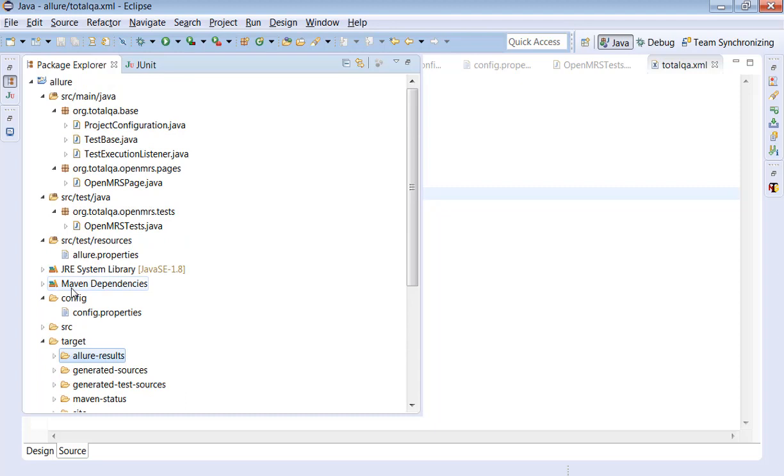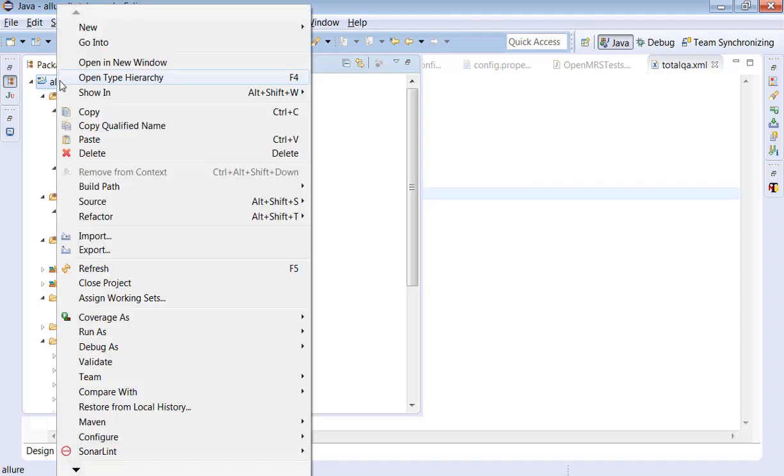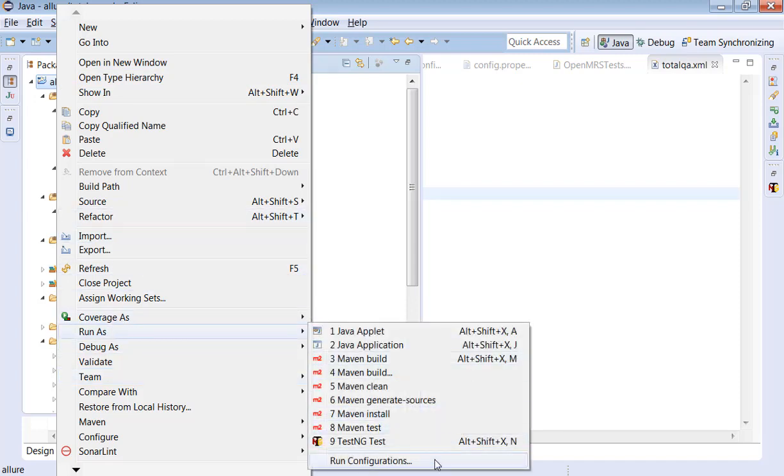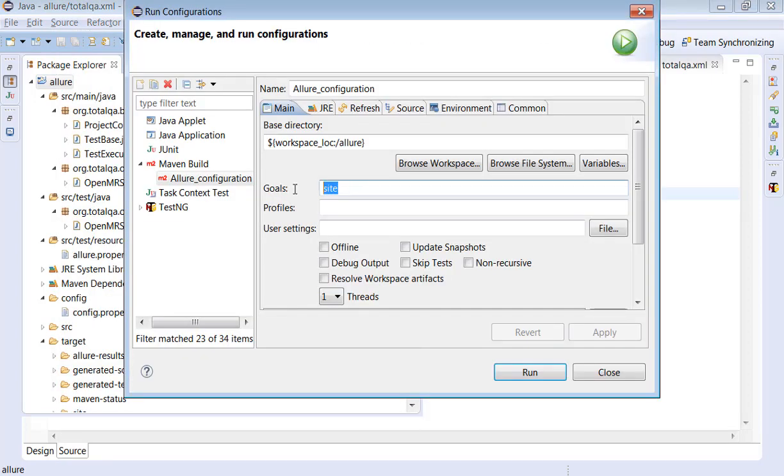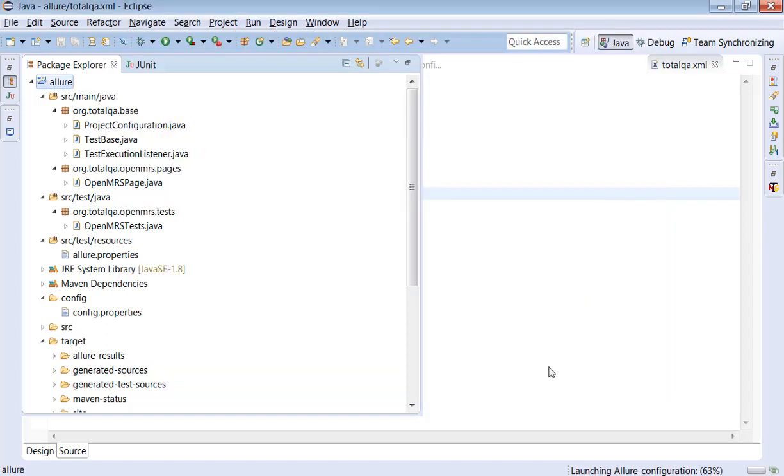Now let's try to do one thing. We are trying to rerun the program again, just for understanding how the history is getting stored. Right click on the project, say run as, run configuration. We are giving site, we are not modifying, not compiling, not executing the test cases again, we are just putting site, say run.